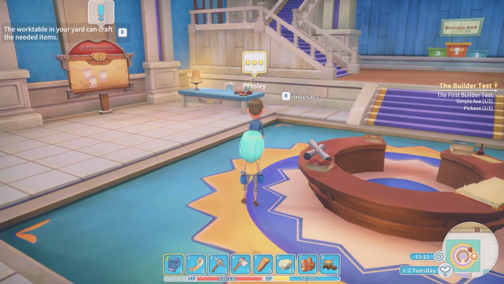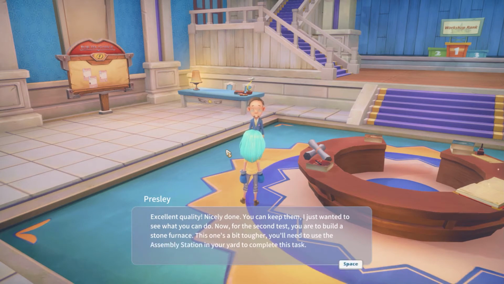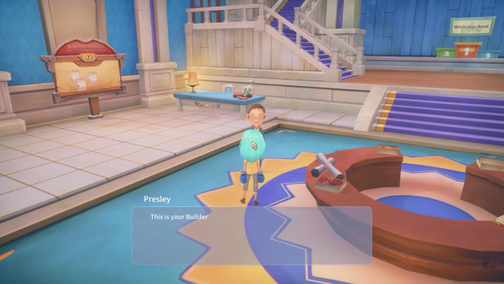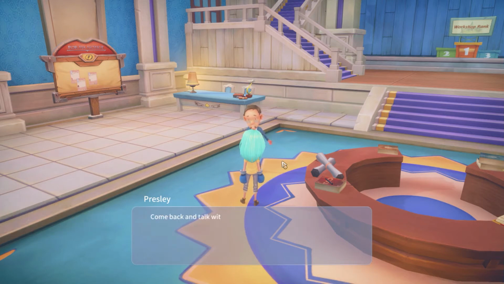Already done. Come back, Presley. Ah! Excellent quality! Nicely done. You can keep them. I just wanted to see what you can do. Now for the second test. You are to build a stone furnace. This one's a bit tougher. You need to use the assembly station in your yard to complete this task. If I remember correctly, your pa kept a very detailed account of the things he made. You might want to flip through his workshop handbook and see if you can find a diagram for the stone furnace. Once you have a diagram, just use it on the assembly station in your yard to start construction. Once again, great job! Already on it. This is your builder license. Congratulations! Now you just need to take this license over to the mayor's office and get your workshop registered. After which, you can come back and talk with me after you...